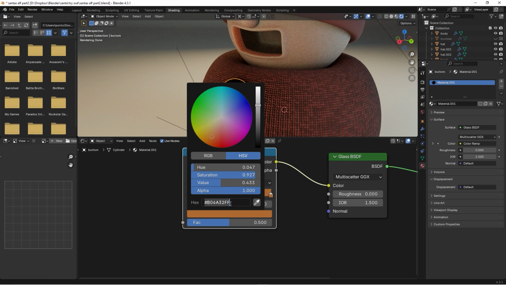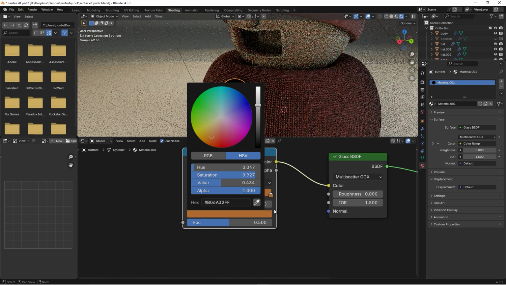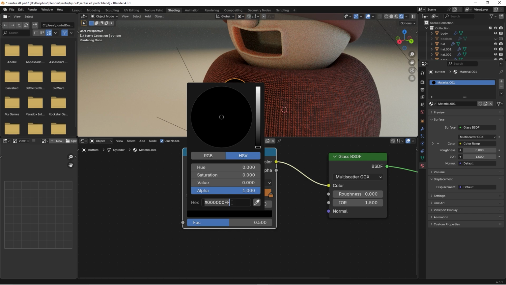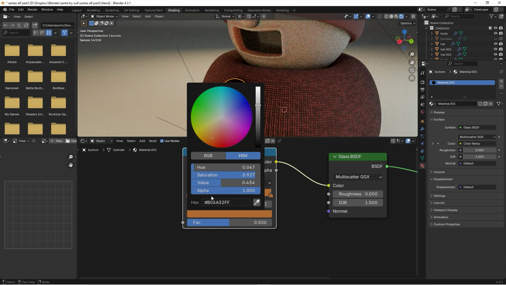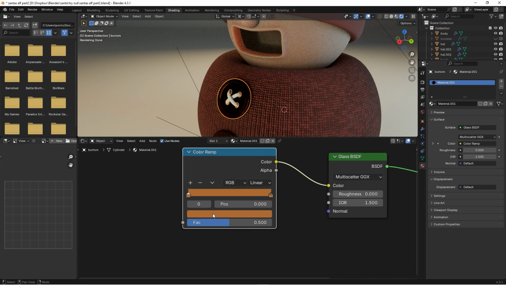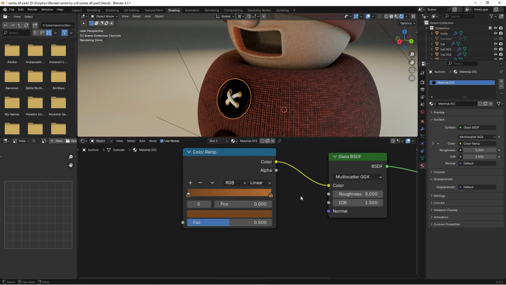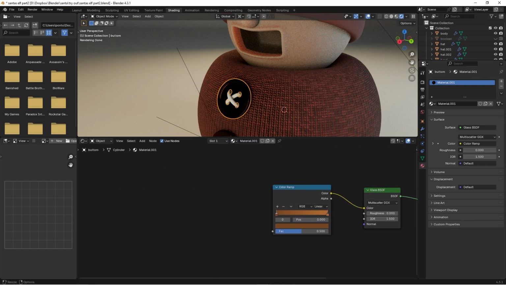like that. Take that code and go to this black one and paste that code, and I only want it to be a little bit darker, maybe more, something like that. Great. And now I actually want to add a wave texture,